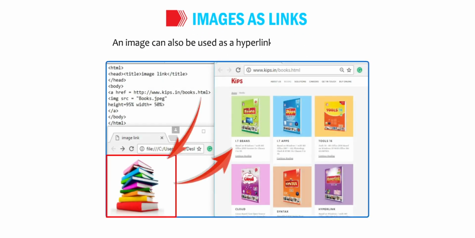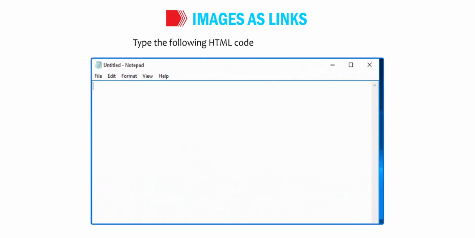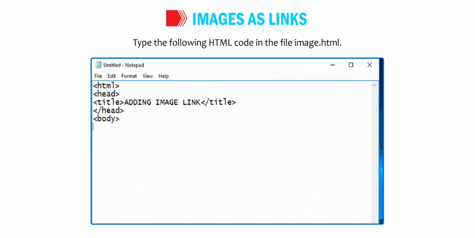Okay students, now let us talk about images as links. An image can also be used as a hyperlink to another document. Let us see an example. Type the following HTML code in the file image.html. <html><head><title>Adding image link</title></head><body><img src="types of computer.jpg"></body></html>